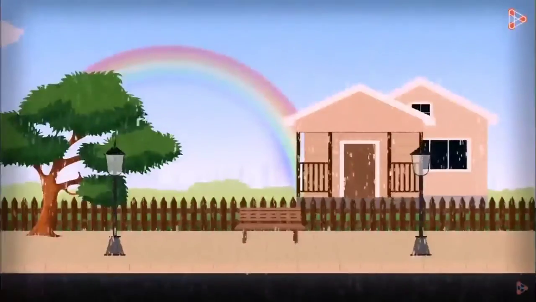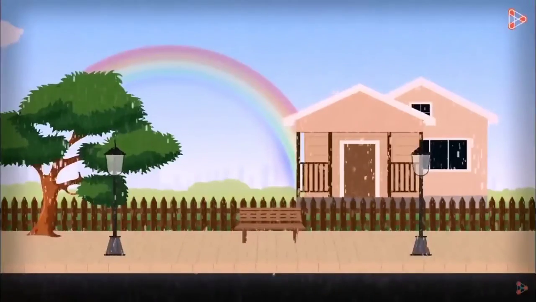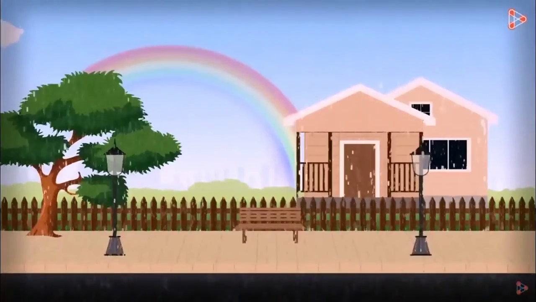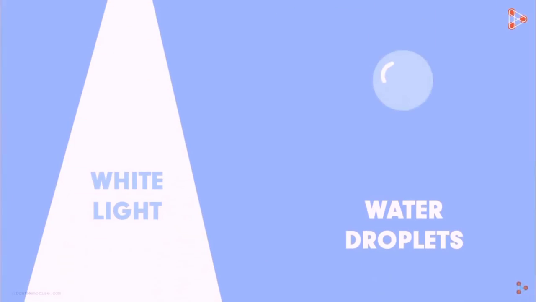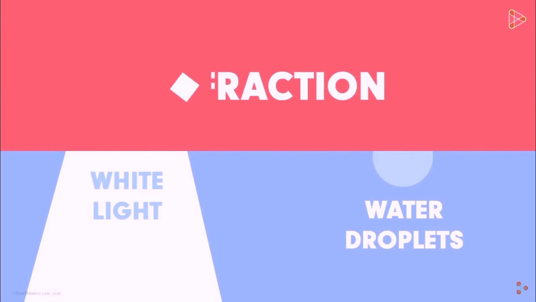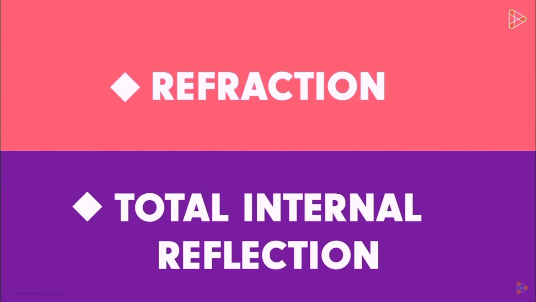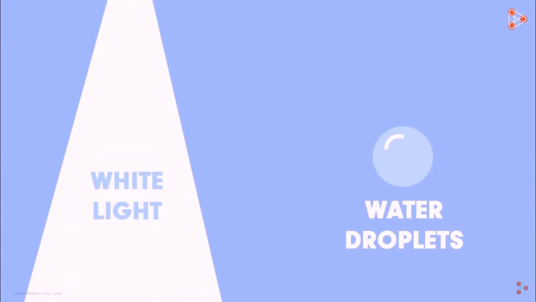A lot of water droplets are present in the atmosphere during the rainy season, and hence most of the rainbows form during this season. So let's see how the white light and the water droplets together contribute to form a rainbow. Well, the formation of a rainbow results from the phenomenon of refraction and total internal reflection. We already know what refraction is. So next, we can conduct a small experiment to understand how white light and water droplets together contribute to form